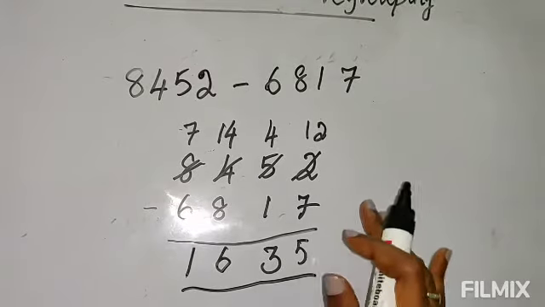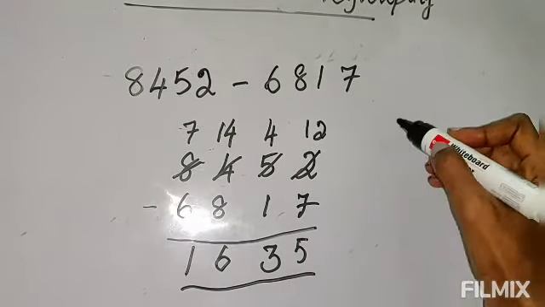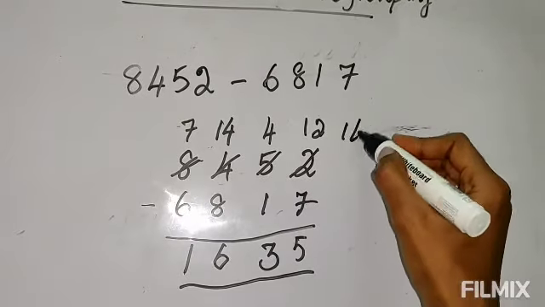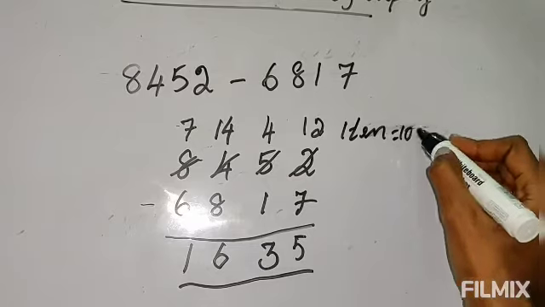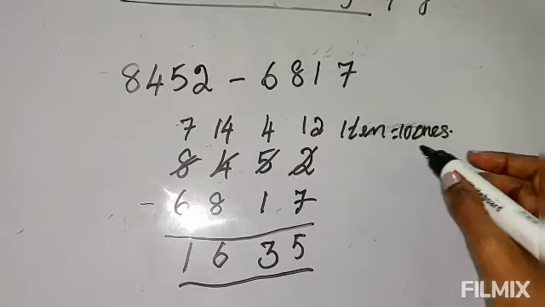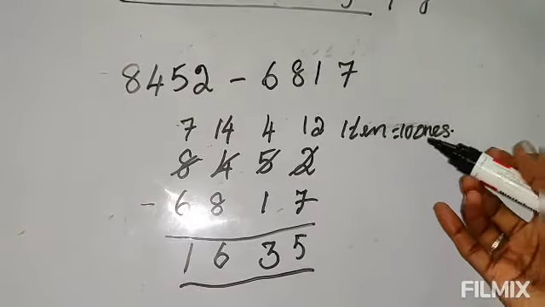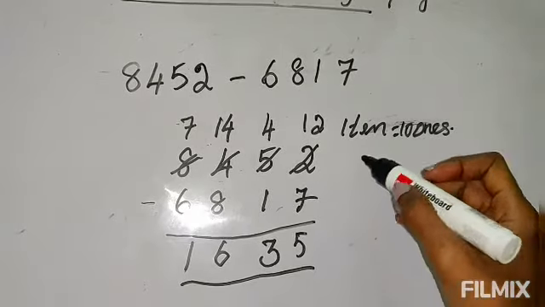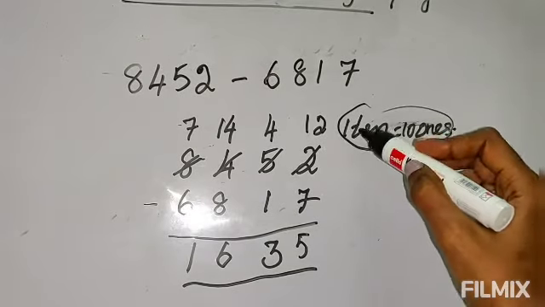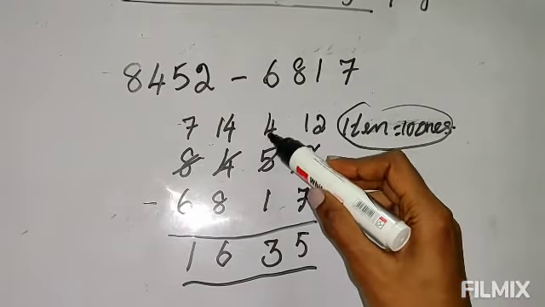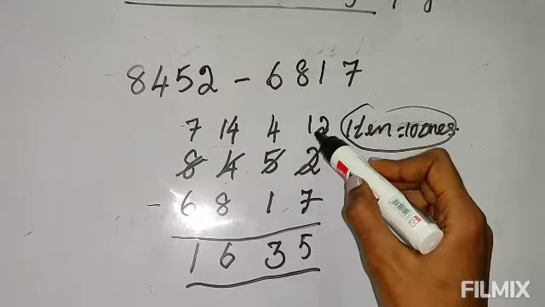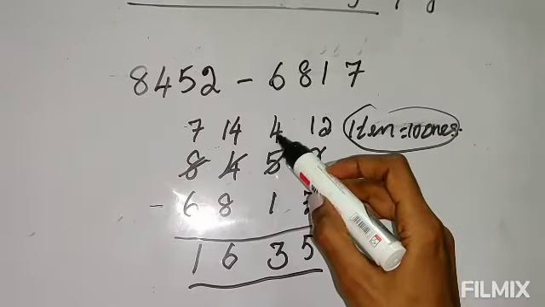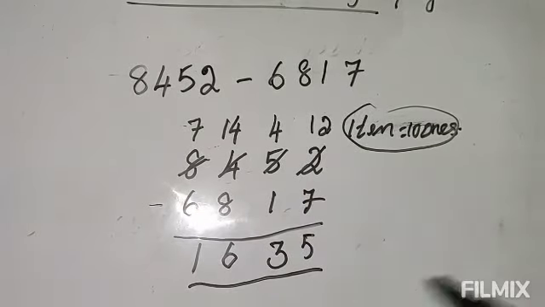So a simple way: when you borrow, children find it difficult. When you borrow 1 ten and it comes to the ones place as 10 ones, they get confused how it becomes like that. Sometimes some children are not able to understand it. When they go to higher classes, they will understand how it becomes. So those who are finding it difficult, directly remember what you have borrowed from the left side digit, and just write it on the right side digit in front of that number, that's all.